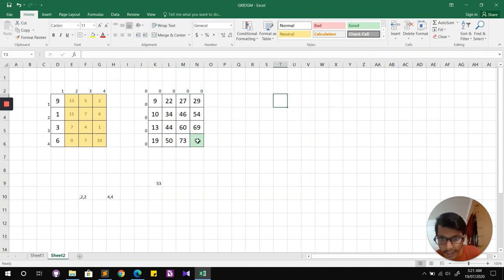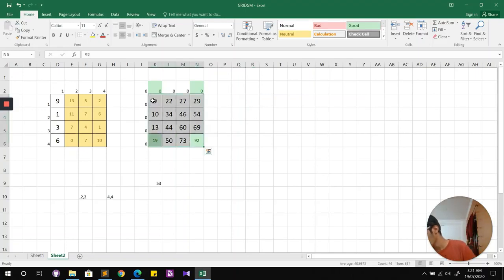So I'll take 92, I'll take this 0, I'll take this 19 for this matrix, and I have to again take this cell, which is again a 0. So in this way we'll ensure that for any query given, we are not accessing any out of bound index in this prefix array.